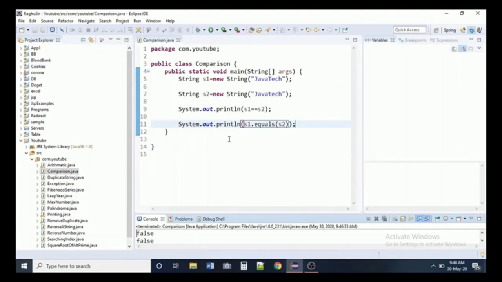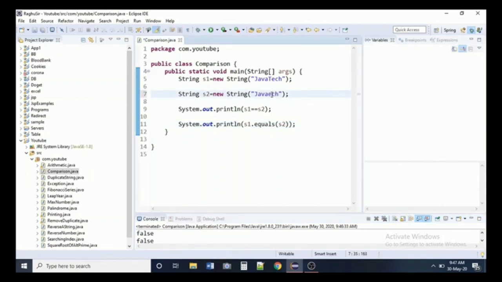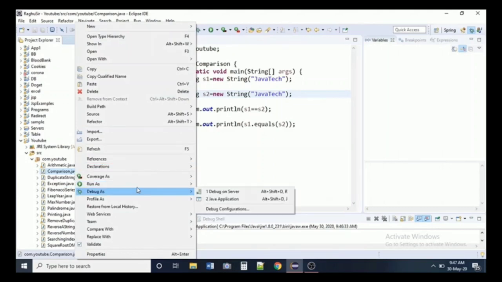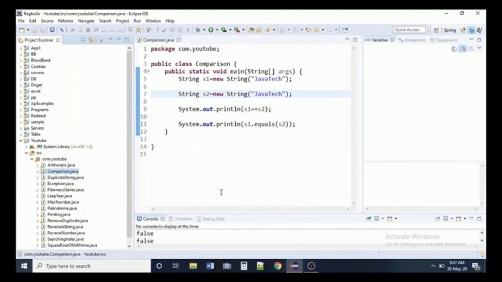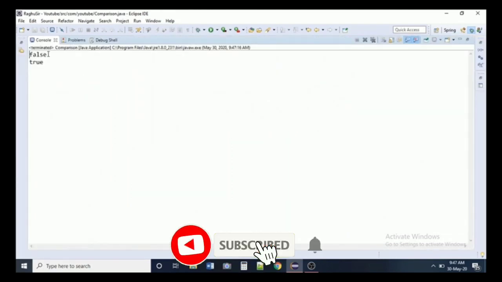The hash code for small t and capital T will be different. Now I'm running my program. I will get the first statement as false and the second statement as true. Here you can check in the console: false and true.